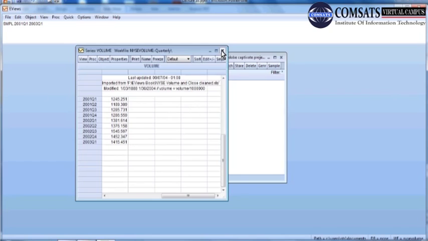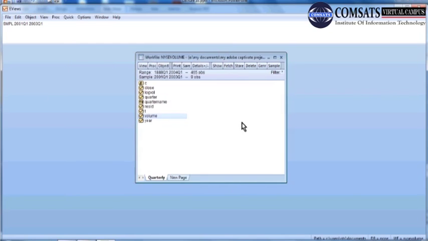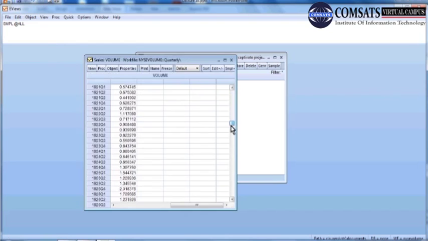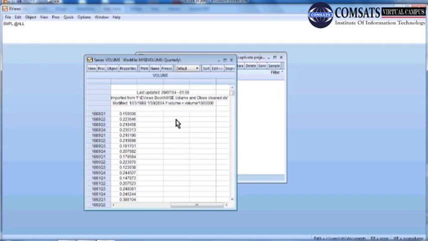Now, is the data really reduced? No. We can bring it back by simply rewriting SMPL and saying @all, and the sample size is back to the same size, 465. Now look how this variable or any other variable has changed. Your data is never lost in EViews. It is retained. This much is the sample size. So this is the file, and when you resize it,